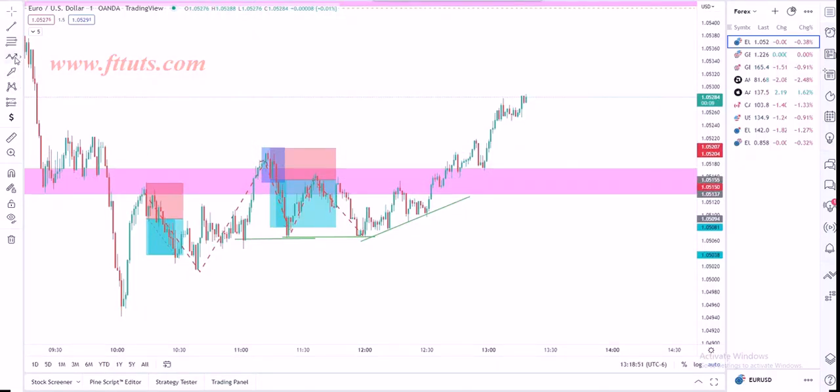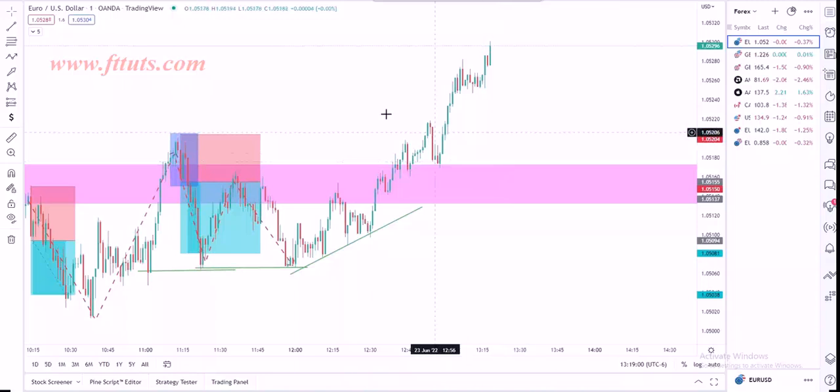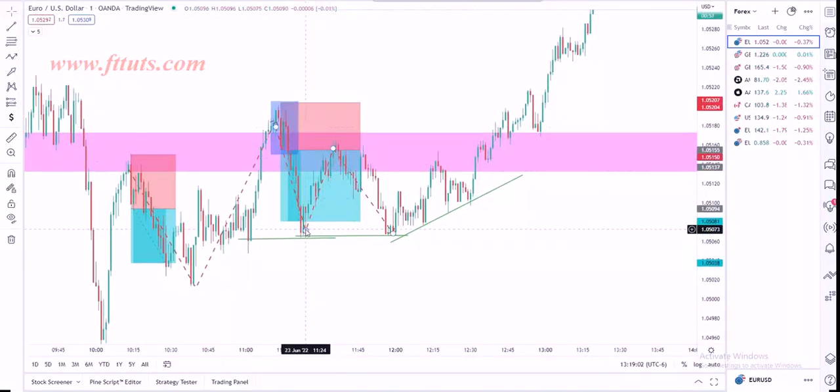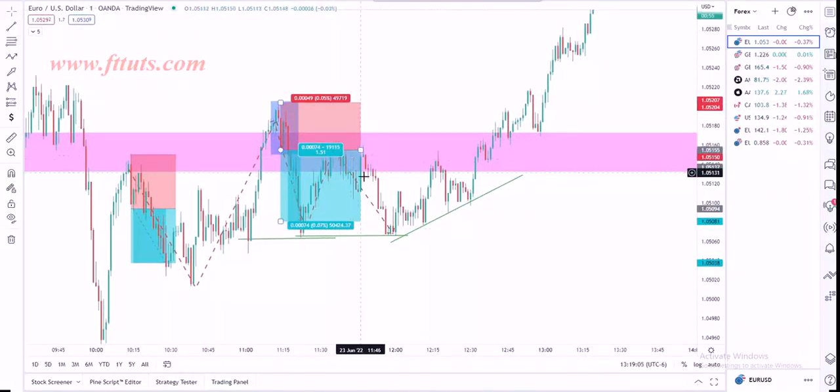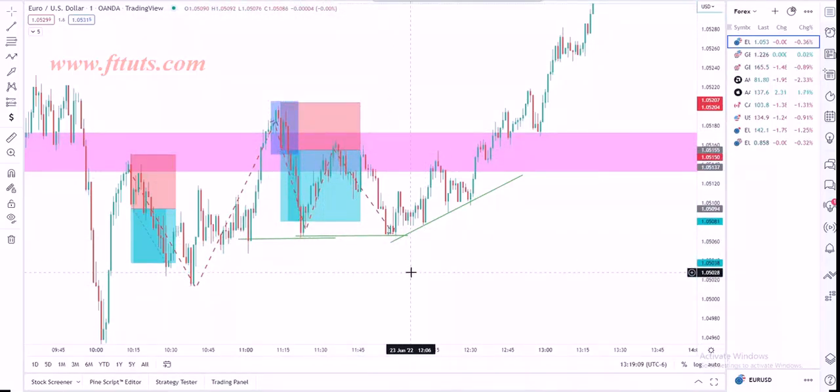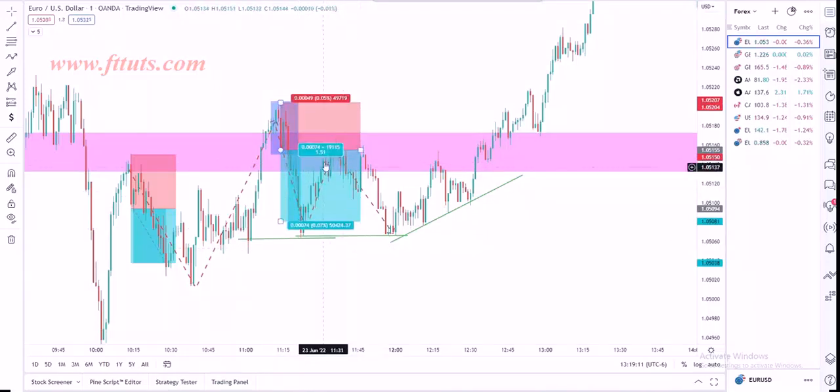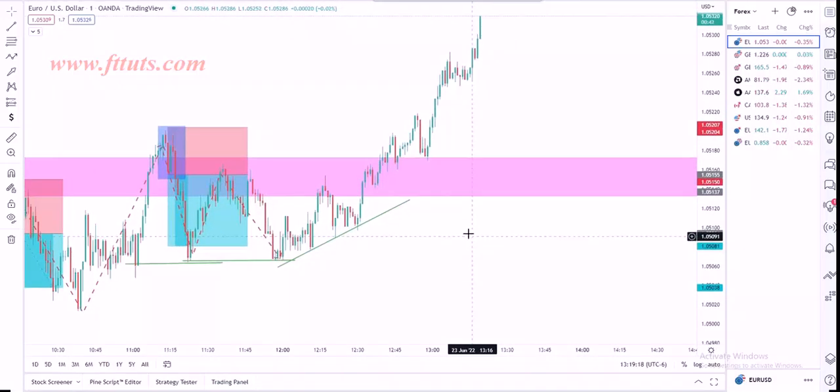So the sign of life would be price coming back into the key area. We'll just follow the mouse for a minute. Coming back into the key area and then really showing a sign of life, breaking some structure, showing some power, creating some space, and it doesn't. It just kind of dilly-dallies around like this, and then it just starts walking up, up, up, up, up. And look at this. There's no reason why we would ever take this,